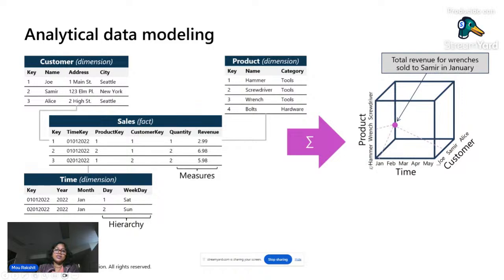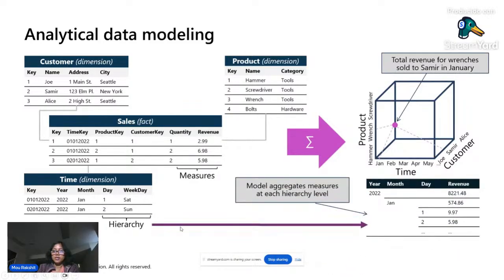You can say this is the cube, and each arm is another dimension. And then the facts are the point where they intersect. That is your revenue. Think of it, these dollar amounts are all going to be in the transaction tables. So for the time dimension, if you want to slice and dice the data, you can say for each year, each month, each day, I'd like to see the total revenue. So you're aggregating the data on this calendar dimension, or on the customer dimension or product dimension, etc.